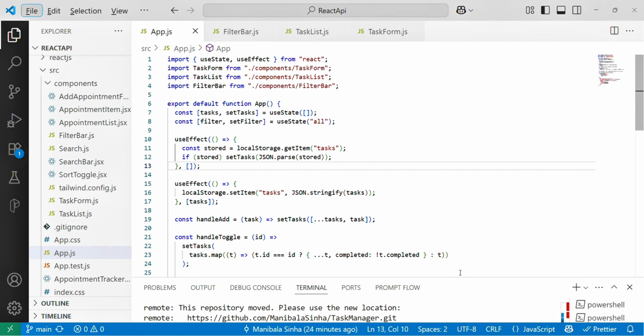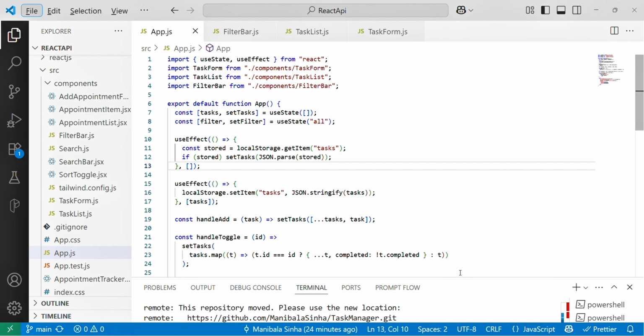So Task Manager is a simple yet powerful React-based web application that allows users to efficiently create, organize, and track their daily tasks, built with modern component-based architecture. And this app includes features like task creations with due dates, priority selections, and task completion tracking. So here we can see how we can add task with title, due date, and priority like low, medium, high.